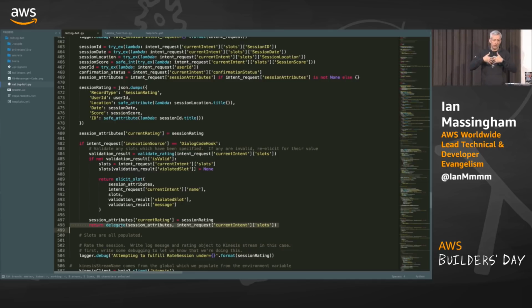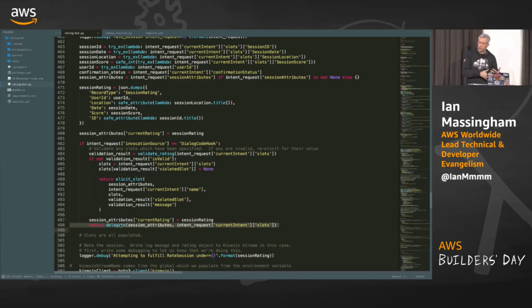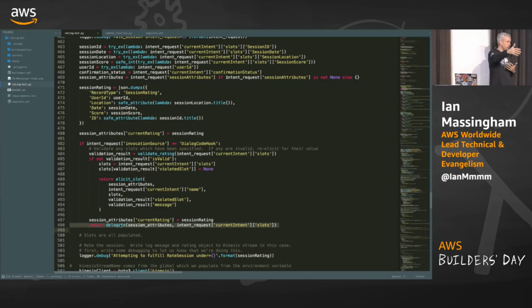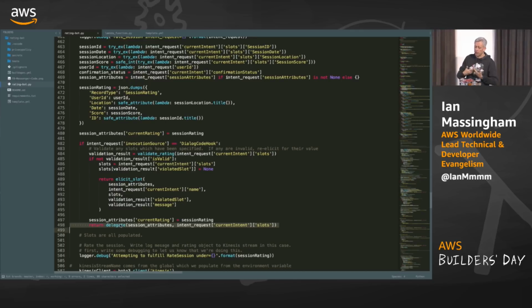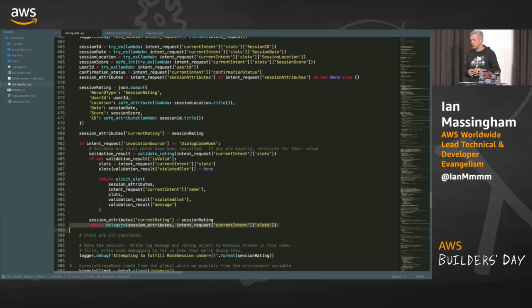And that's essentially handing control back over to the language engine from the validation function and saying, you decide what to ask for, okay? And that's when we'll then elicit for another slot if a slot is currently vacant. So you can hand control back to the engine, or you can retain fine-grained control by doing your own elicitation for slots or issuing your own specific messages, for example.